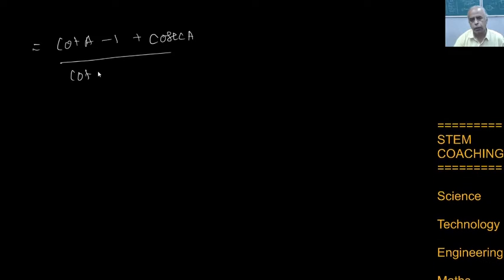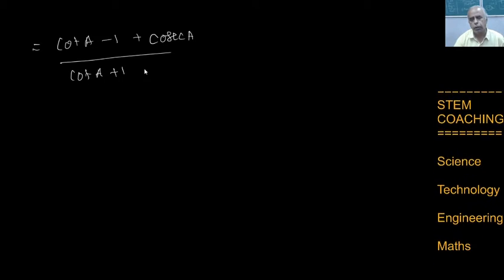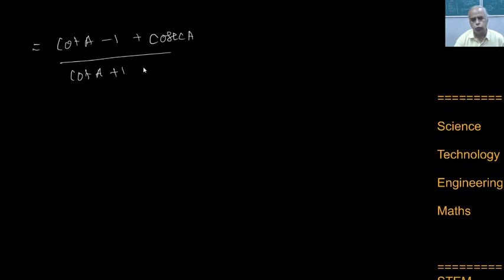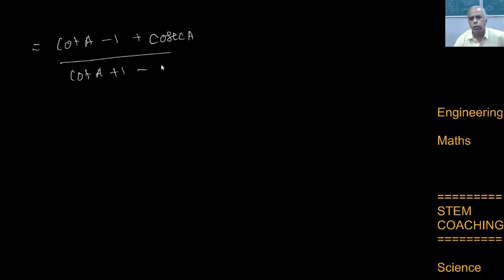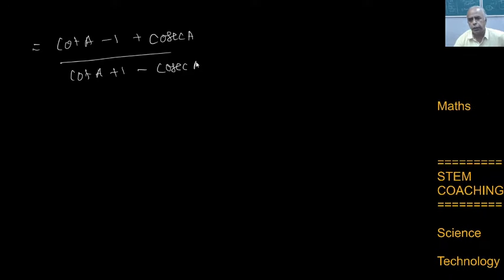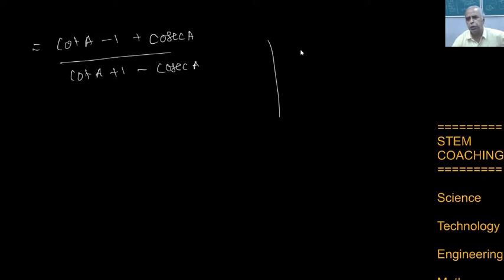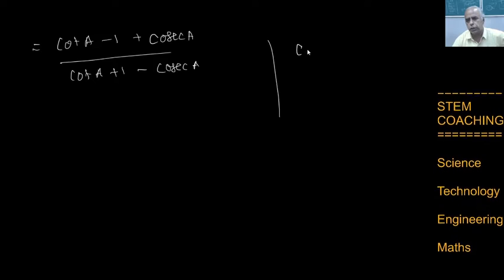Cot A plus 1, then minus cosecant A. Now, as I already mentioned, that is cosecant squared A